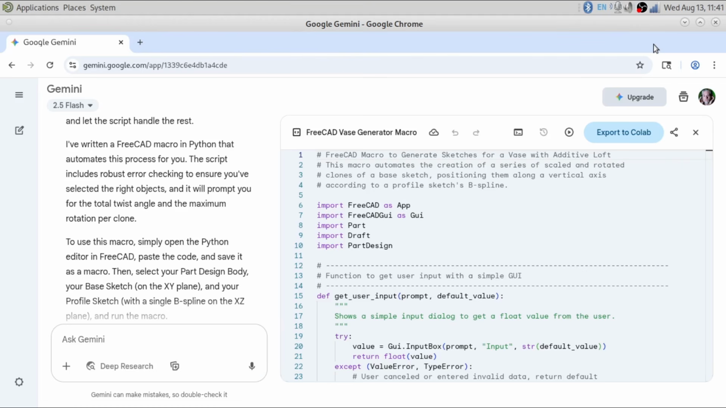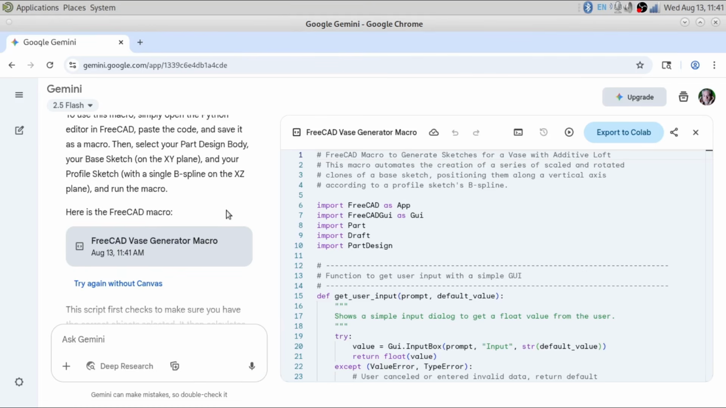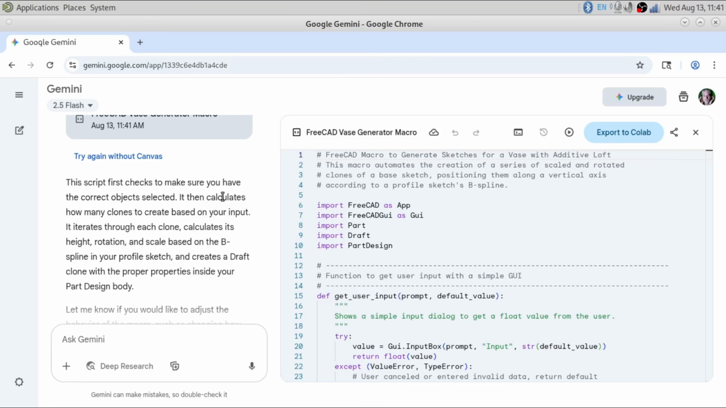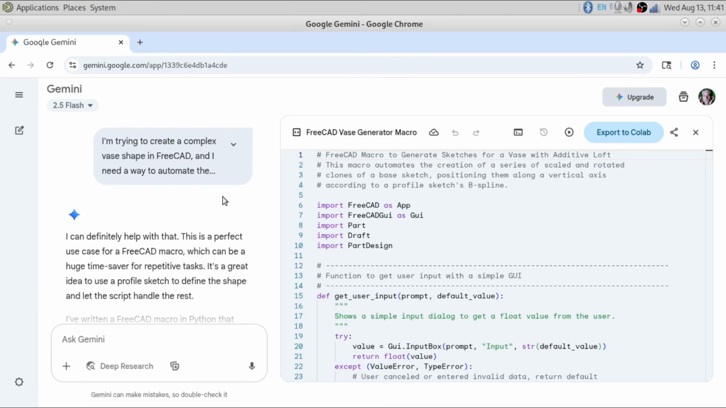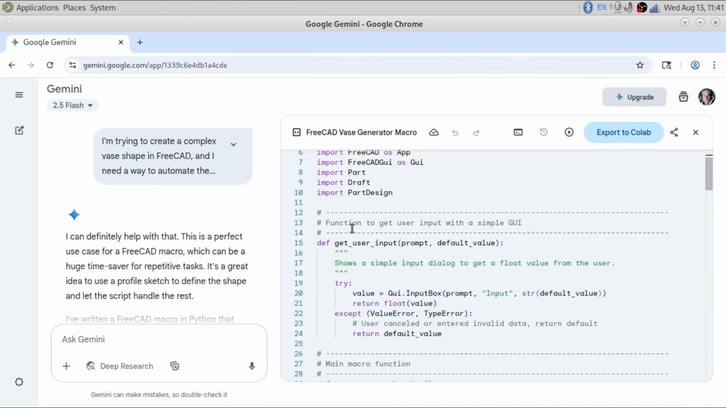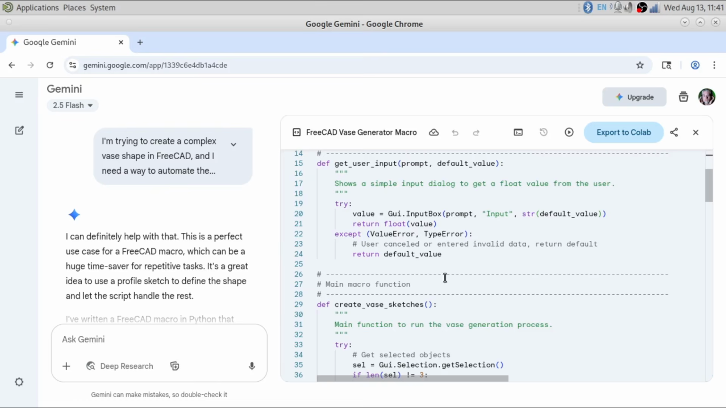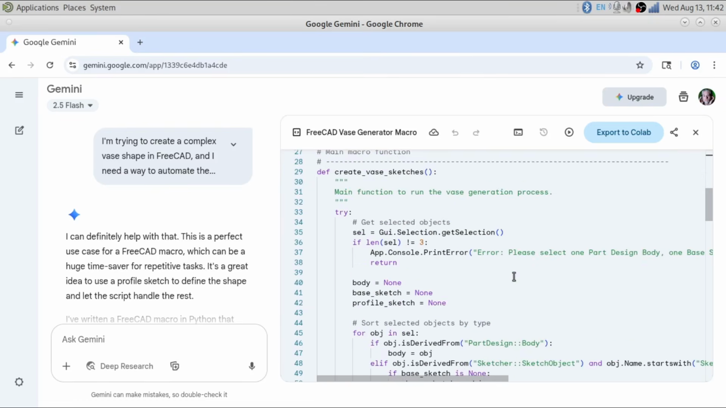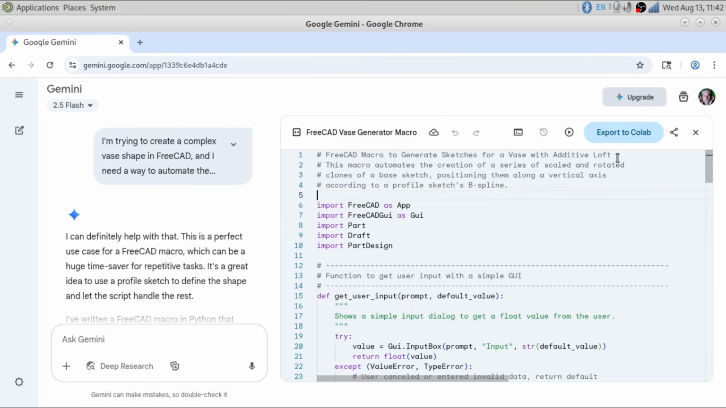Okay, now that it's done thinking and it has given us the macro, it's giving us some information over here about how to use it. And if we look at the macro itself, it comments things very well. This is what's nice about code that the AI generates. So it gives us right here at the top a description of what it's supposed to do, and then it comments things as we go down. Function to get user input, main macro function, and so on. So here's all our code. I am going to copy it,